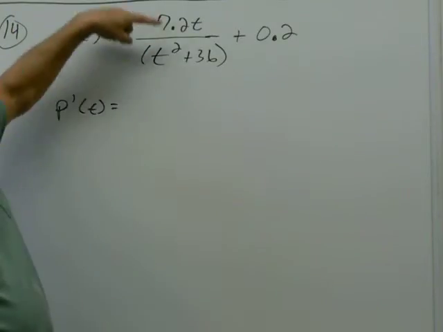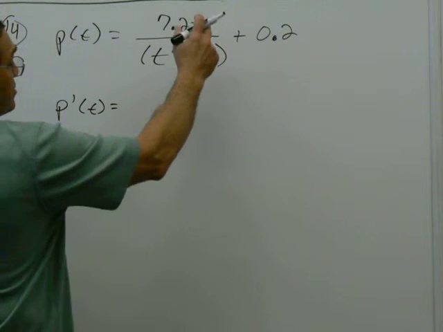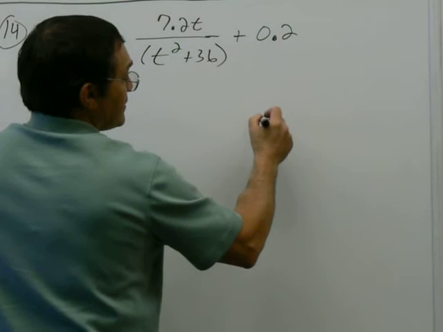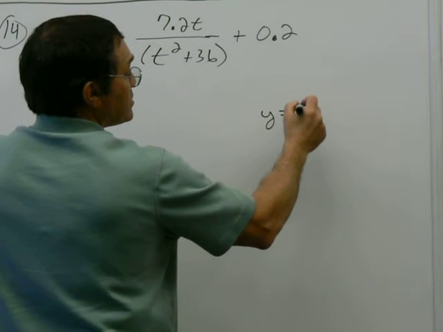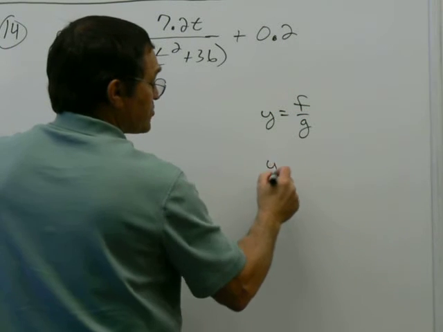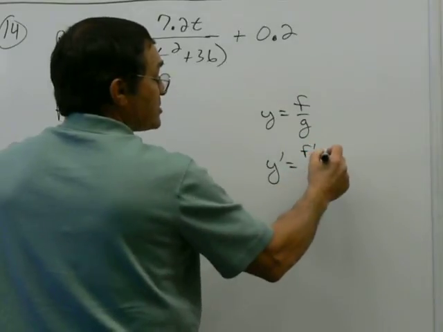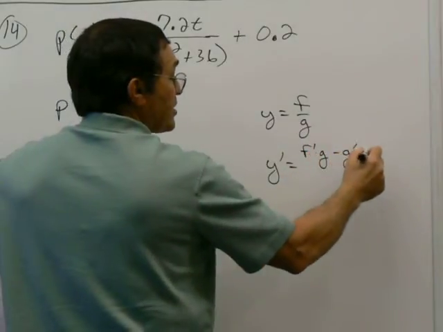And here I have a quotient. t is my variable. I have a quotient. We have to use the quotient rule. And so I don't know if you recall or not, but if I have a function y is equal to f over g, then the quotient rule says that y prime, the derivative, is going to be f prime times g minus g prime times f